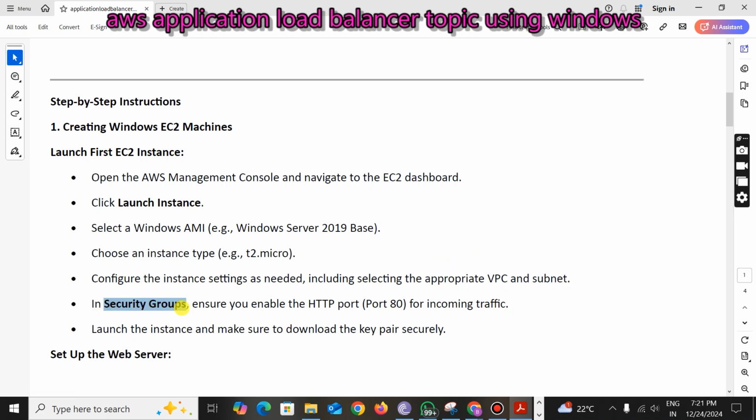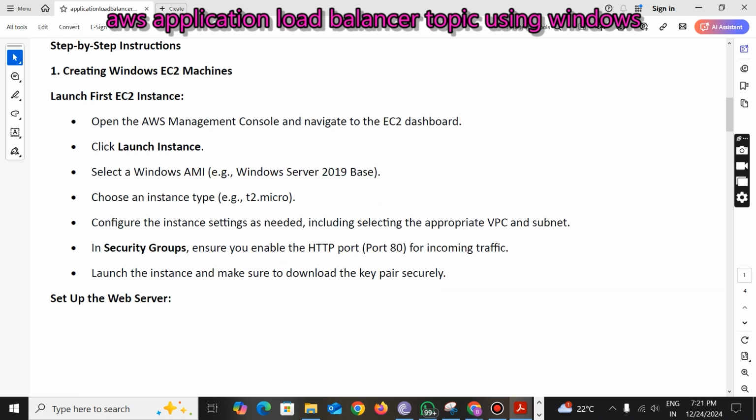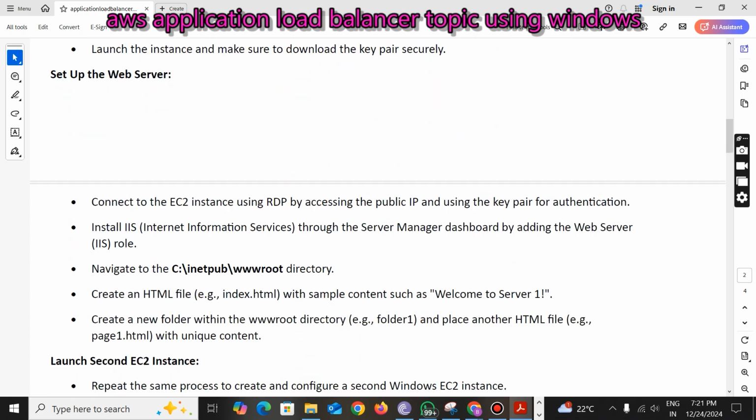In security groups, ensure that we enable this port, that is nothing but HTTP, because it is application related, right? So that's the reason we need to enable HTTP for the incoming traffic, and launch the instance. Make sure to download the key pair. To log in to the server we require a key pair, then only we can log in to the machine. So connect to the EC2 instance, and after that using RDP we can access